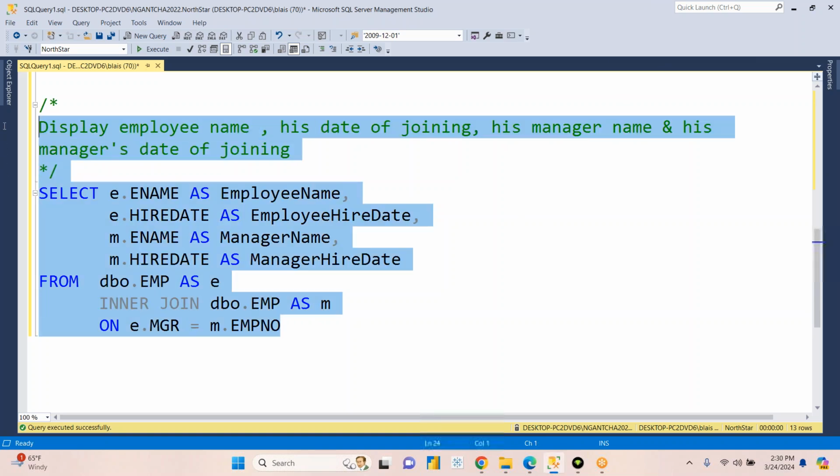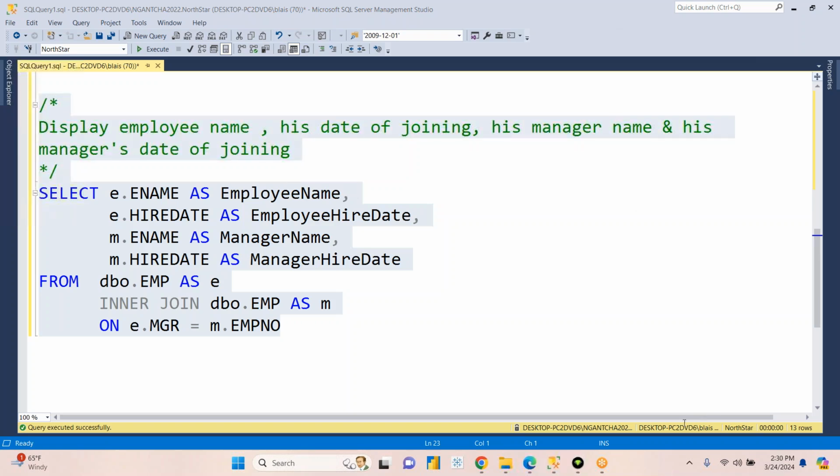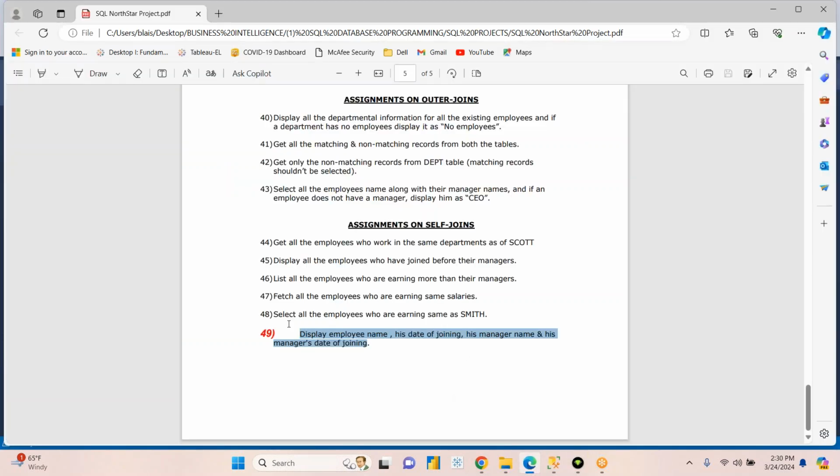I want to stop right here and copy this and provide. I'll give you some time to explore that before we go to the next question. The next question that is linked to this will be